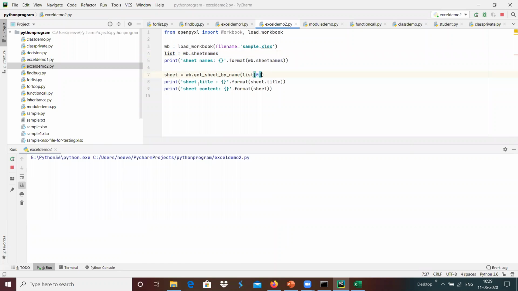Now if we run this, we got the sheet name as Arduino Shield 1, and we got the respective data here.